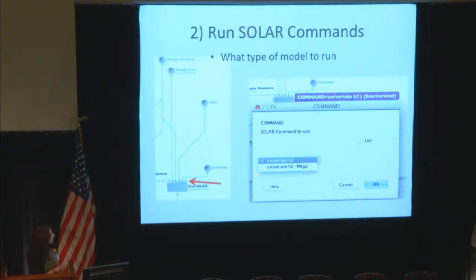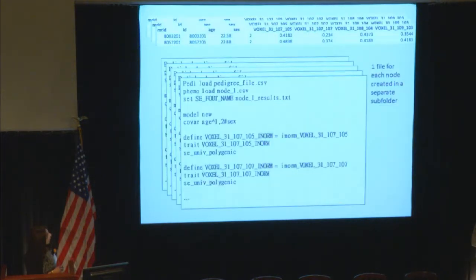And you have options in SOLAR, whether you wanted to do a univariate analysis. Here I'm only showing the univariate case because that's what we focused on. Whether you want to look at a single site or do mega-analysis, you can tell the pipeline which one you're interested in here, and it'll run the appropriate commands and spit out